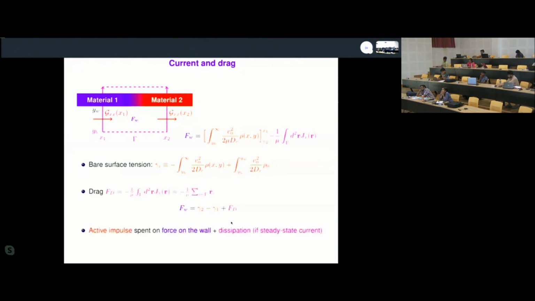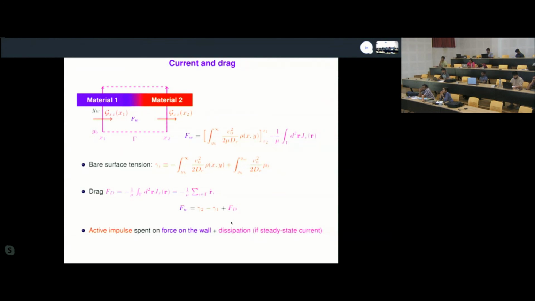Now, this current: you have a system which is left-right asymmetric. It's out of equilibrium. These act as a ratchet, and generically, you will indeed get a current. If you look at the expression of the current, why it happens is super simple. J is simply the sum of I of R_i dot delta of R minus R_i. So when I look at the integral of the current over the whole box, what I get is the drag force. So this expression in blue, that F_w is gamma 2 minus gamma 1 plus F_d, is equivalent to saying